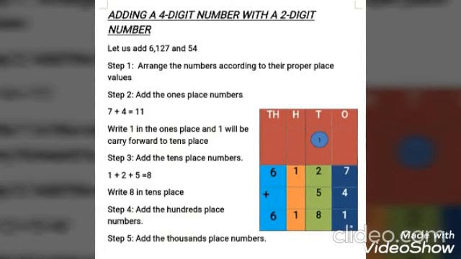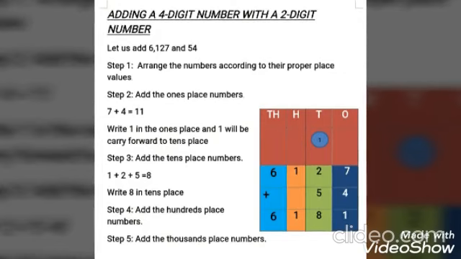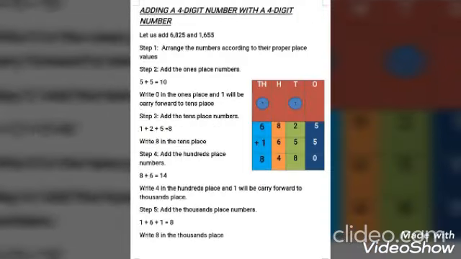As when we added 7 plus 4, we got 11, which is more than 10. So a carryover is required, isn't it? I hope this much is clear. Children, in the previous video you have learned addition of a 4-digit number with a 2-digit number with regrouping. Now we will learn about addition of a 4-digit number with a 4-digit number with regrouping.